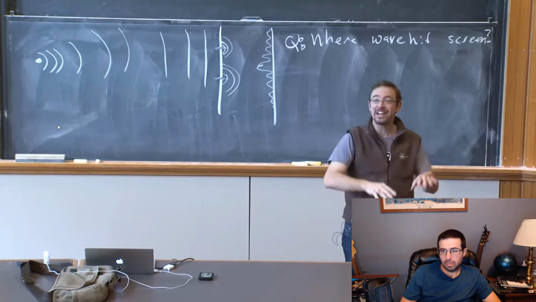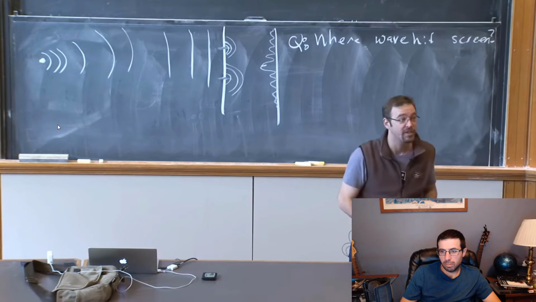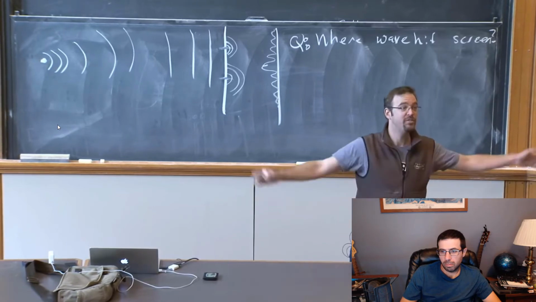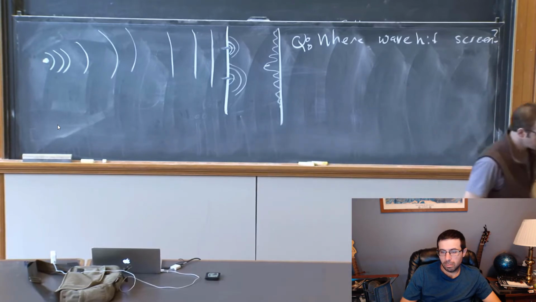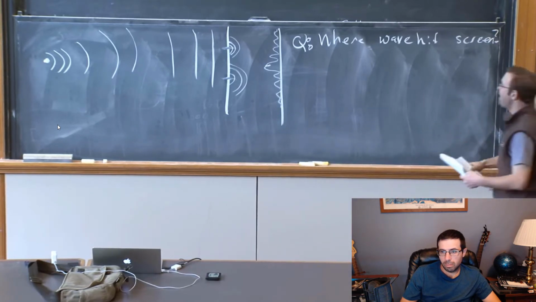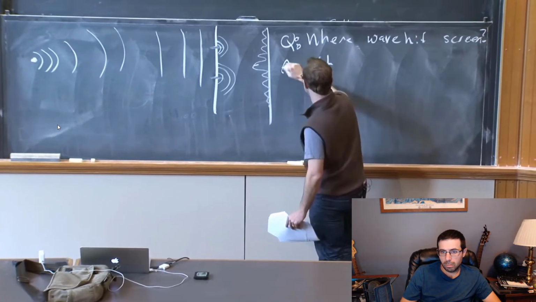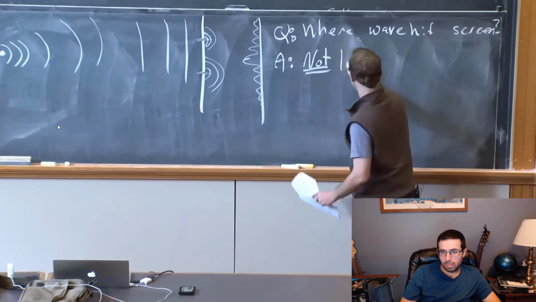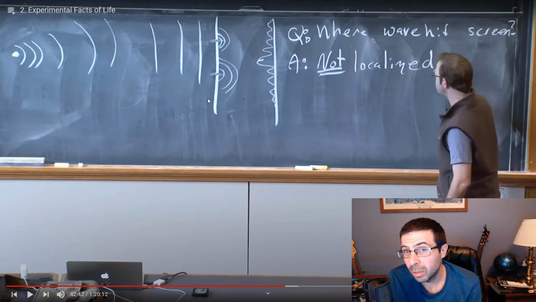And it's by virtue of the fact that it is not a localized object, it is not a point-like object, that it can interfere with itself. Right? The wave is a big, large phenomenon in a liquid, in something. So it's sort of essential that it's not a localized object. So not localized. The answer is not localized. And let's contrast. Many particles functioning together as a wave. Each particle is localized.